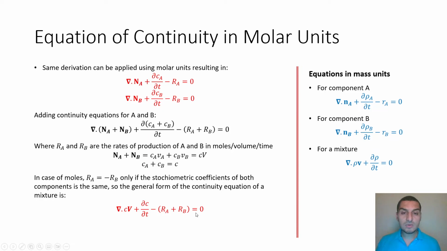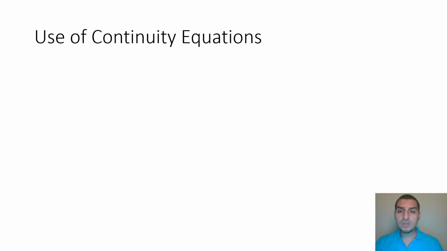So this is how we can represent the equation in the units of mass, in the units of moles, for a single component, for a mixture, or for all components in the mixture. And now we need to check the last point of the 3 points that we wanted to check in the new equation. And the last point is whether the equation can produce the concentration gradient or the